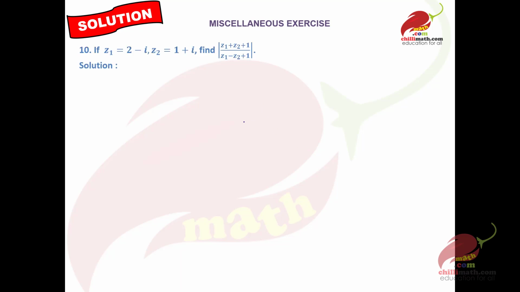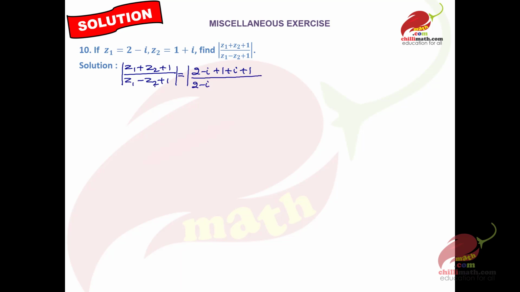The 10th question is, if Z1 is equal to 2 minus iota, Z2 is equal to 1 plus iota, find the modulus of Z1 plus Z2 plus 1 over Z1 minus Z2 plus 1. So let us first find Z1 plus Z2 plus 1 over Z1 minus Z2 plus 1. Putting the values of Z1 and Z2 over here, we get 2 minus iota plus 1 plus iota plus 1 over